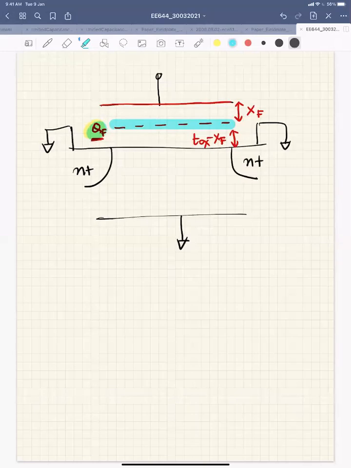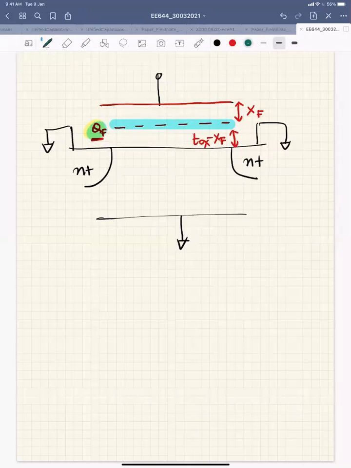No, but you are going in the correct direction. So there will be some change in the voltage drop in the oxide, right? But the voltage drop in the oxide is nothing but the electric field times your oxide thickness, right? So there will be some change in the electric field. If we do our analysis in a similar way,